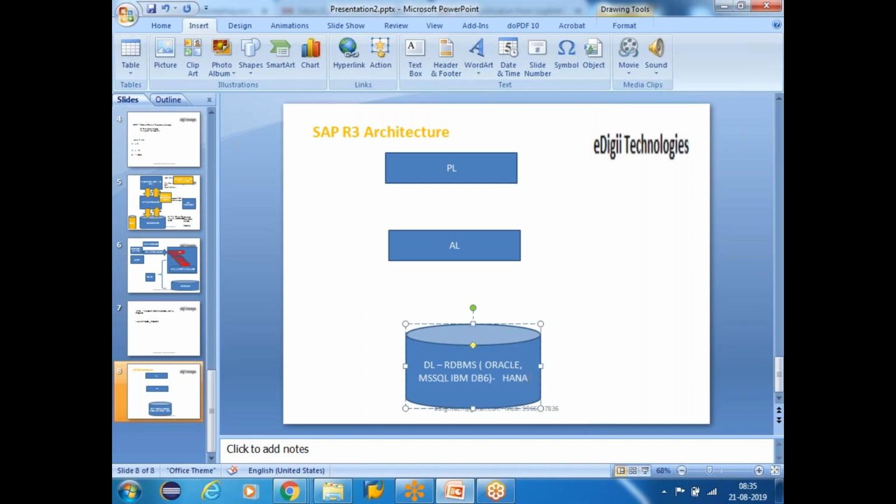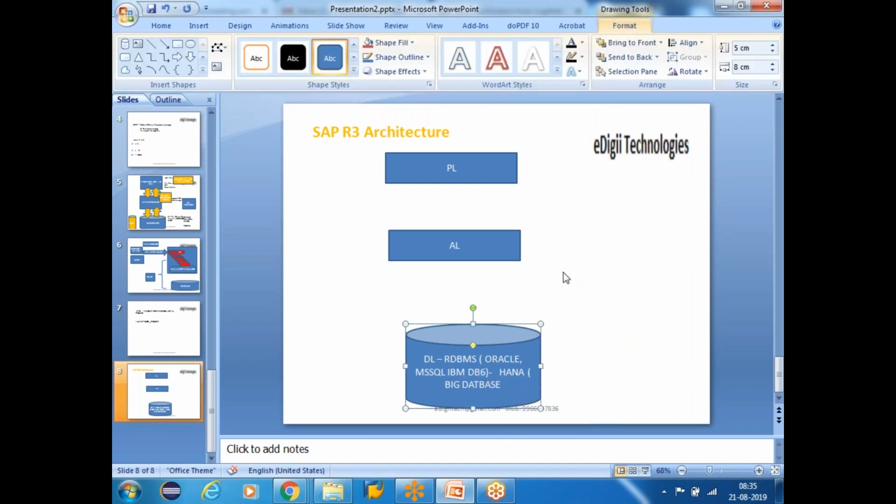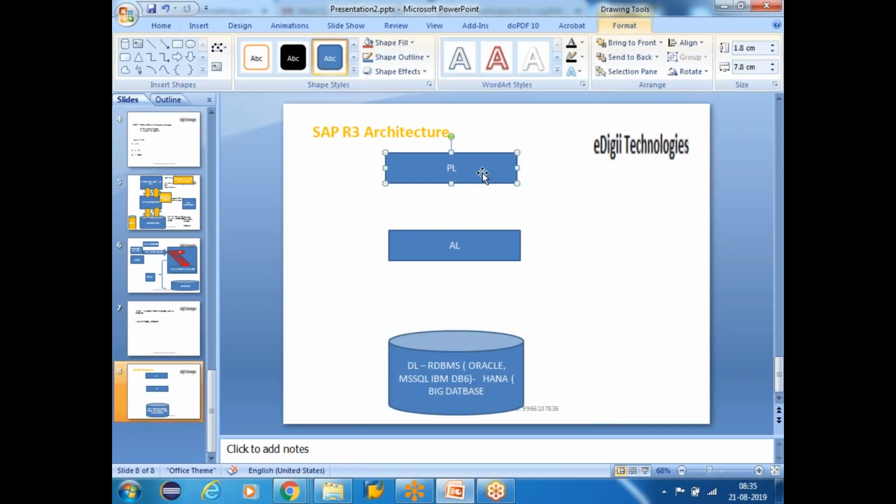And HANA is not an RDBMS. Okay, it's an in-memory database. HANA is an in-memory database in SAP, guys. Okay, so this is our architecture. Whenever you access some application, whenever you make a request on the presentation layer,